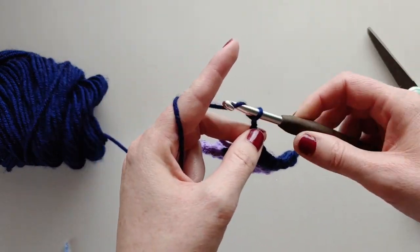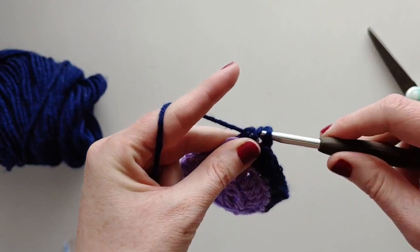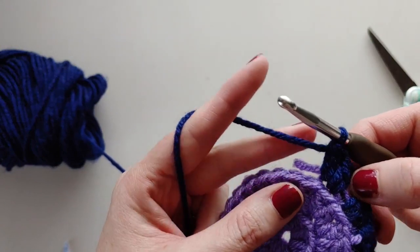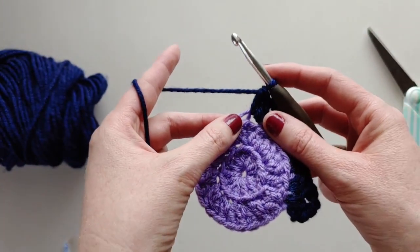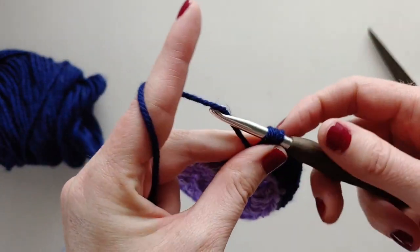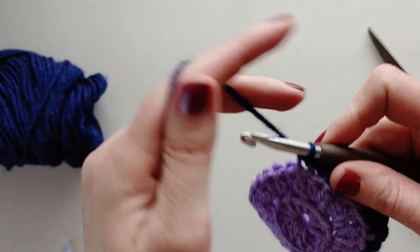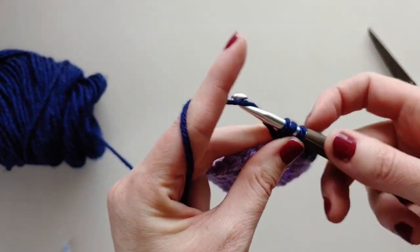So we chain 2 again to make our corner, 2 double crochet into the next stitch, and now we have 2 corners. So now if you remember, what we did is we now do our half double crochet, 2 single crochets, half double crochet. That's always in the middle. So we're going to start with our half double crochet, yarn over, go through the stitch, pull through all 3 loops, single crochet, single crochet, half double crochet, 2 double crochet into the next one,